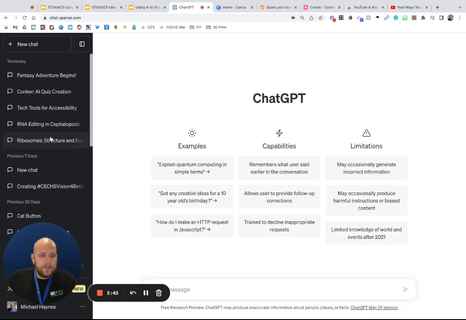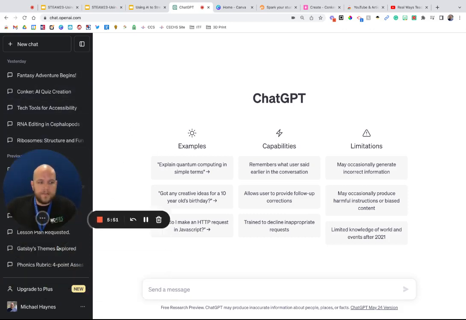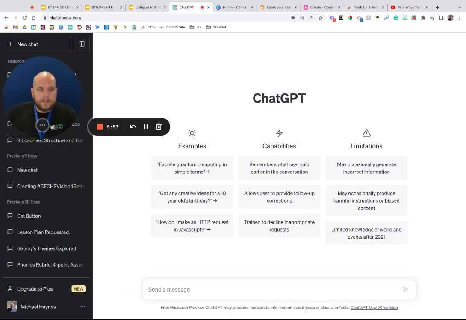If you sign into it, you have access to all your previous writings that you've done before, or questions. It's a very natural language style of creating things. And so what we can do is ask it to create things for us. I know a lot of times we may be planning lessons and it's like, oh God, what do I want to do? So this helps break that writer's block that you can run into.